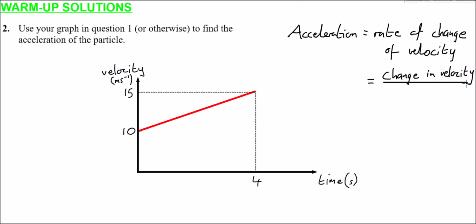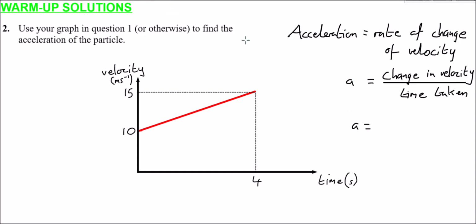And we can use this graph to calculate this for us. So the acceleration, I'm going to call that a, because that is the standard letter for acceleration. So the change in velocity, let's just label this a bit more. So if we go